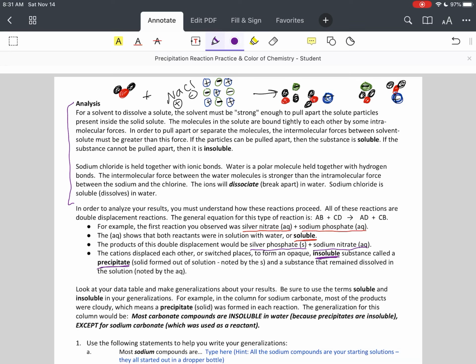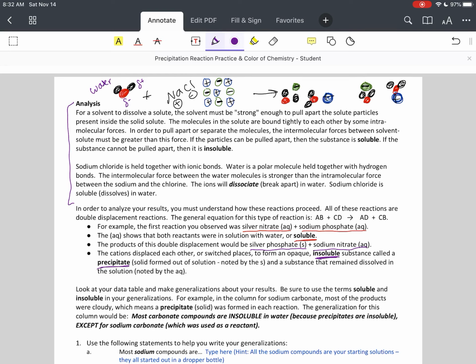So here we have water. Water is a polar substance. That means that it has partial negative and partial positive ends. So my oxygen end, the red molecule, has a partially negative charge, and the two hydrogen atoms both have partially positive charges. Because of this, because it's very polar, it can actually attract other positive and negative charges in other